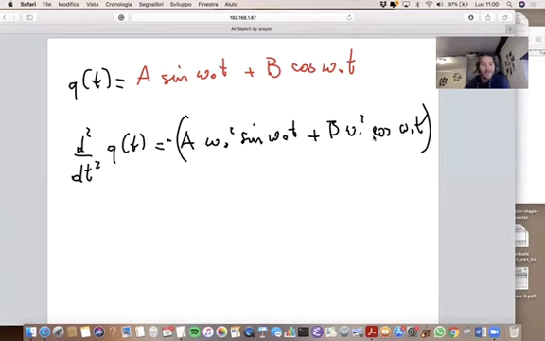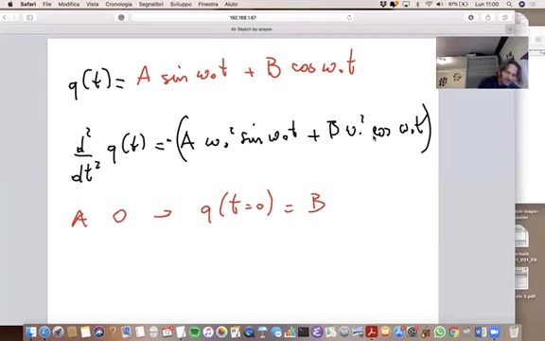Because for instance, if I set A equal to 0, then say the position at time naught is B. But if I change A not equal to 0, say, the position at time naught is not going to be just,